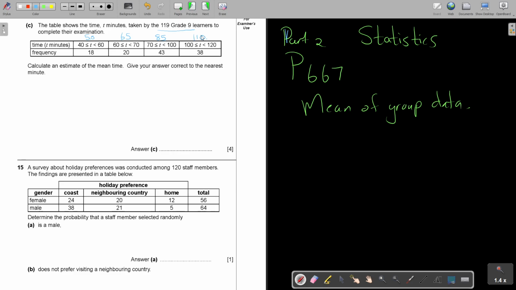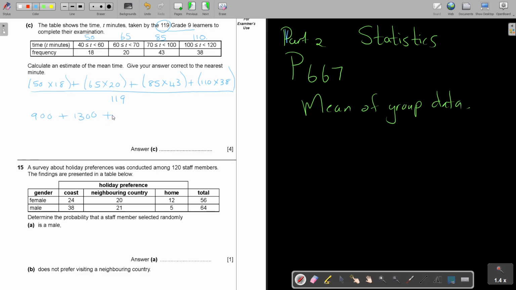And now, to get that mean, you can say 50 times 18 plus 65 times the frequency, 20. Plus, and that's why I said you must practice this. It's easy score marks. 85 plus 110 multiply 38. And then you divide it with the total amount of learners, which is 119. Okay, and you can even write that in between values, and that will be 900 plus